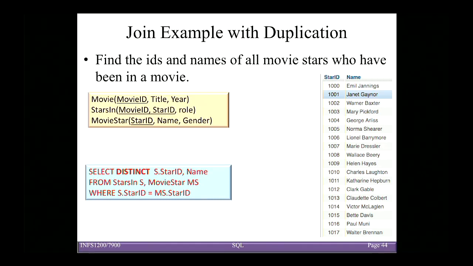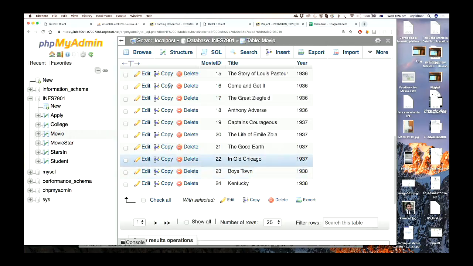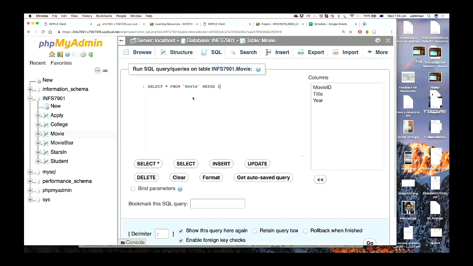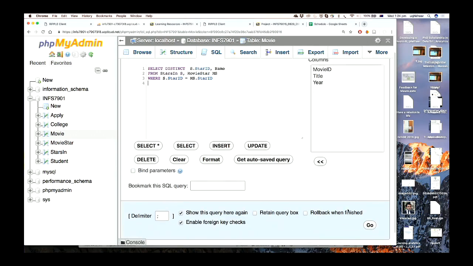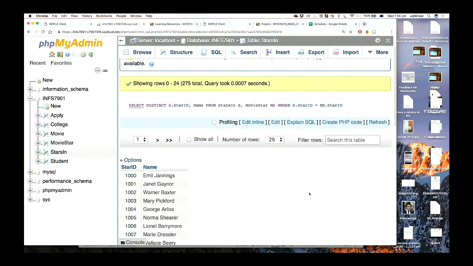Any questions? Should you use star ID in movie star? What do you mean? Here? It's a good question. So let's run it so it'll be easier to talk about it. So this is what we're running, right? And this is what we're getting. Let me take out the